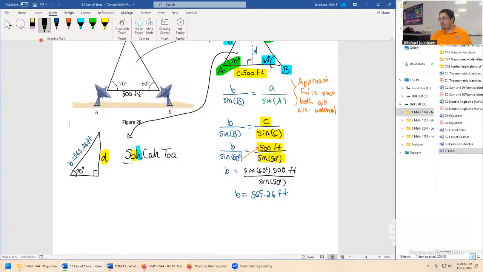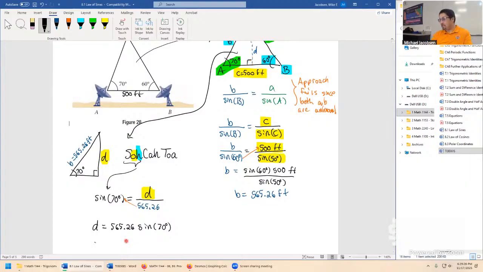So that suggests if we just take this part, sine of 70 degrees, it's going to be the opposite, D, the unknown, divided by the hypotenuse, B, which is 565.26. And from this equation now, just using good old right triangle trigonometry, we can clear the denominator doing this halfway cross product, and we pretty much have an answer. The distance D is 565.26 multiplied by sine of 70 degrees.